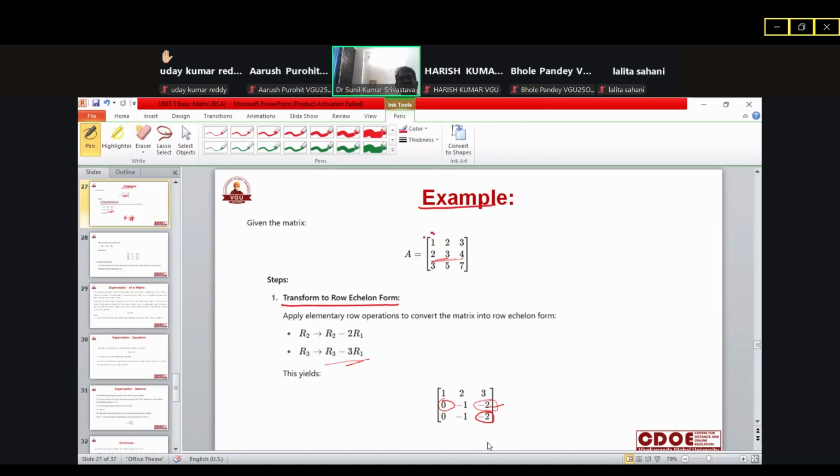साहब, सबसे पहला एलिमेंट हमारे पास वन होना चाहिए, देखो वन है। फिर उसके बाद इस लीडिंग डायगोनल को देख लो ऐसे, है ना। सबसे पहले इसके नीचे का जो भी एलिमेंट है, देखो टू दिख रहा है, थ्री है, दोनों के दोनों जीरो होने चाहिए। तो सबसे पहला ट्रांसफॉर्मेशन हमें इसी पर अप्लाई करना है। एक जीरो, ये दो और तीन दोनों जीरो हो जाएं। तो एक हमने R2 लगाया, R2 - 2 R1 करा, 2 - 2 का देखो जीरो बन रहा है ये। उसी तरीके से थ्री है, 3 - R1 करा, तब भी हमारे जीरो बन रहा है। तो सेकेंड रो में हमने ये ट्रांसफॉर्मेशन अप्लाई करा, और ये पूरी की पूरी एलिमेंट हमारी जीरो हो गई।